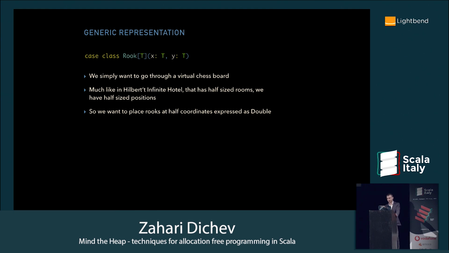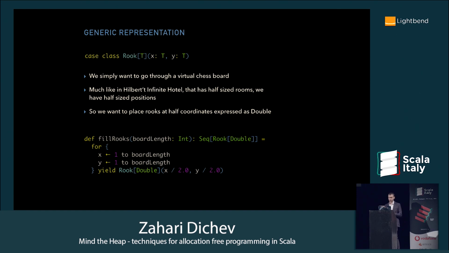So, our chessboard now, much like Hilbert's Infinite Hotel that has half-sized rooms, has half-sized coordinates. So you want to express the coordinates of a rook as a double, so you can have rooks staying at 2.5 and 3.5 and whatever. And if we have a piece of code that pretty much goes through this kind of board and generates rooks like that,